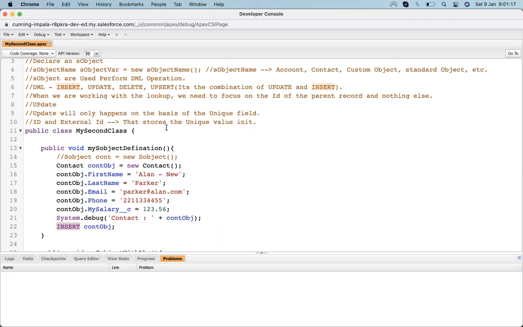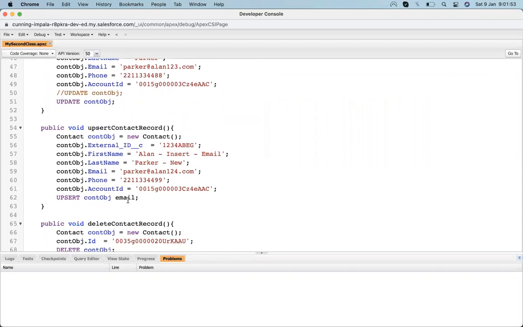Suresh, in the case of upsert, as I understand, you're checking only one field under a record. So if there is a difference between the original one and the one you want to change, it updates that single field, right? No. Suppose here I'm checking on the basis of email.